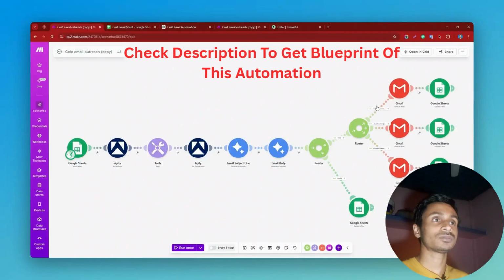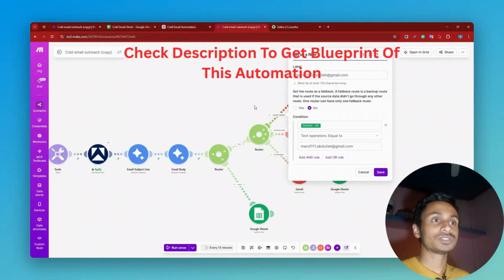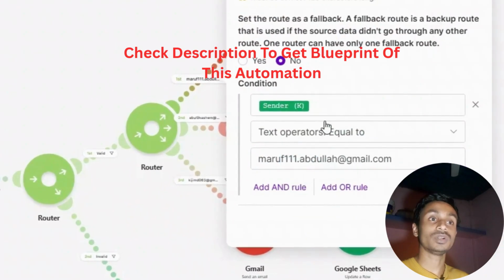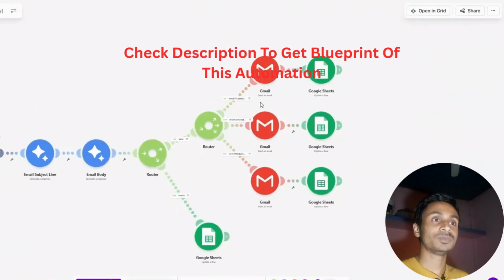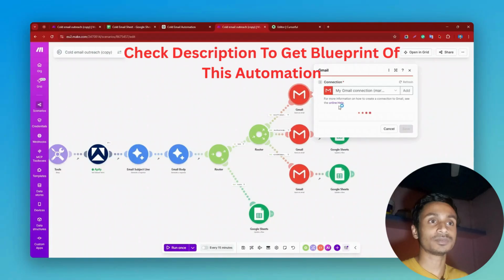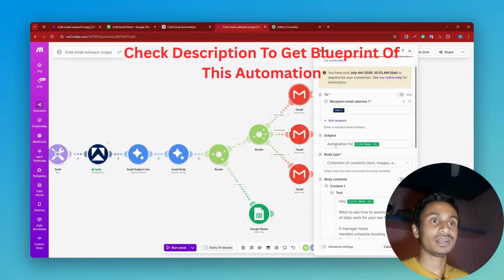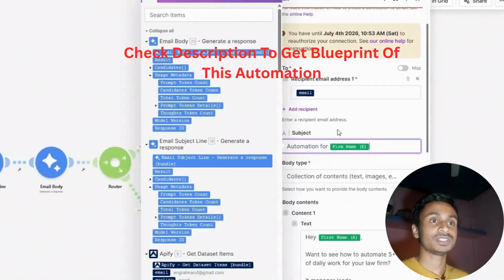So this condition will check if sender is match, then this path will be active, and Gmail module will send the Gmail, and we need to map recipient email address. Here is the recipient email address, and subject line, I write subject line, and I map